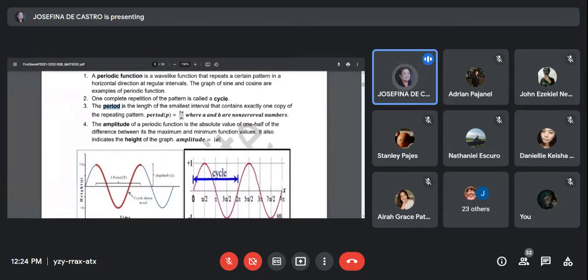So let's start with sine and cosine kasi parehas lang sila ng mga properties, magkaiba lang syempre ang itsura nila. Pero coming from the same wave. Okay? And then the amplitude, which is the height of the graph, which means kapag meron tayong wave-like pattern,